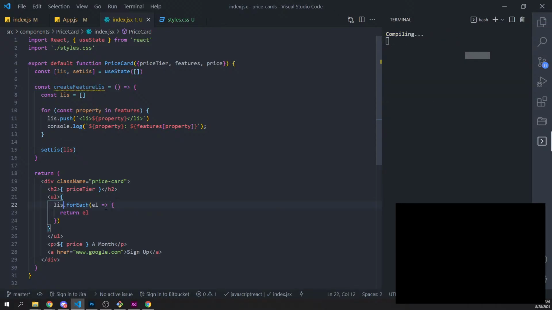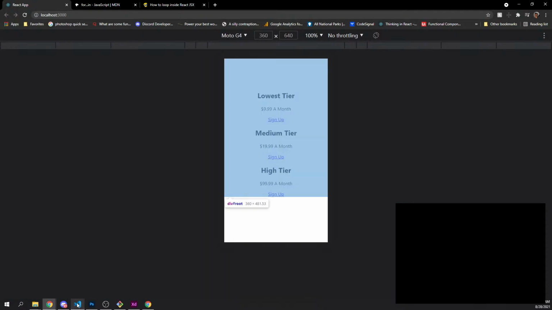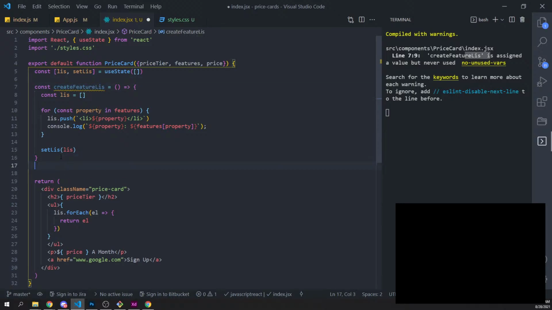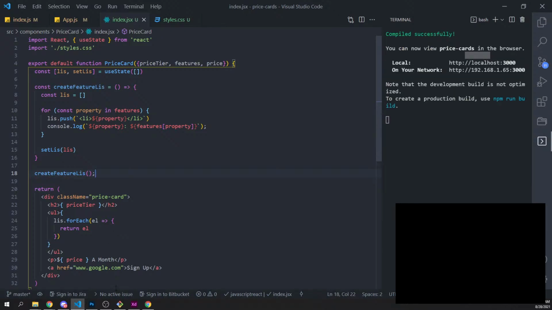Now refresh and it needs to be in useEffect, right? That's never getting called. Can I just call it right here, or do I need to stick that in useEffect?